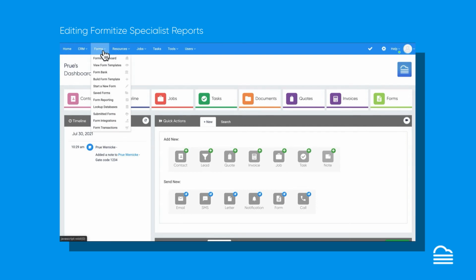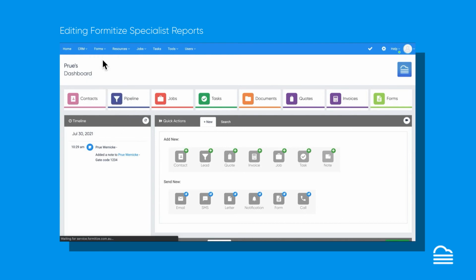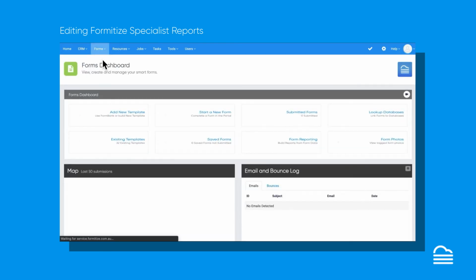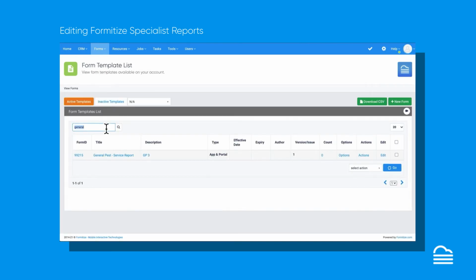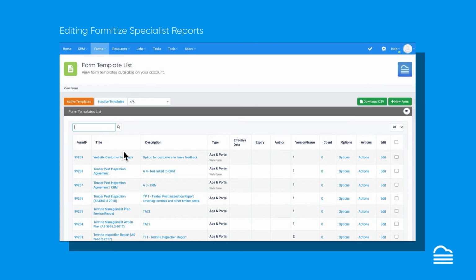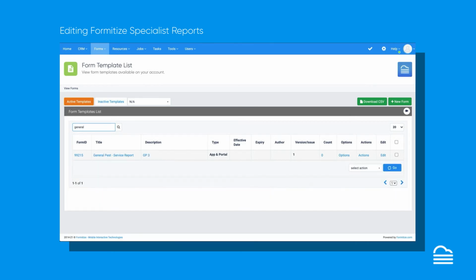The forms dashboard will allow you access to the form templates, so you can have a look at those templates and make any changes that you like. So if you click on to existing templates, you'll be able to edit the forms that you have available. So here are all of the forms. We can filter down the search to be able to have a look at the general pest service report, for